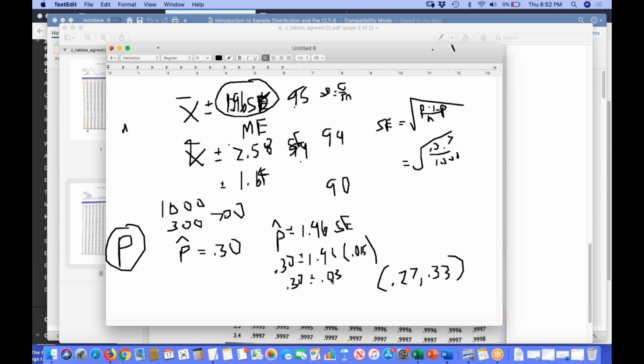Okay, where are they doing this right now? You're seeing them every day, constantly in polls. Exactly, this is how they do polls, right? Polls are proportions. What percent of people want this guy? What percent of people want this guy, and so on and so forth. And what's the accuracy of the poll? Plus or minus, that's your